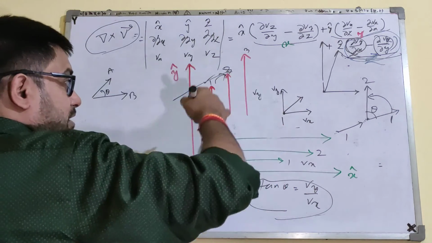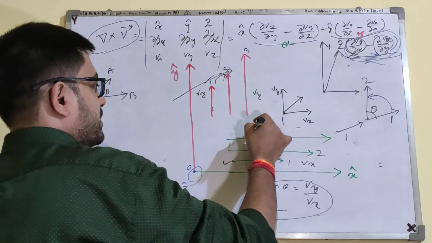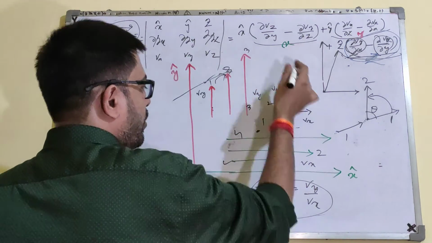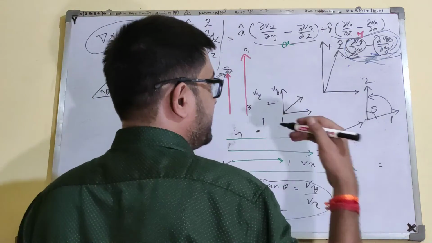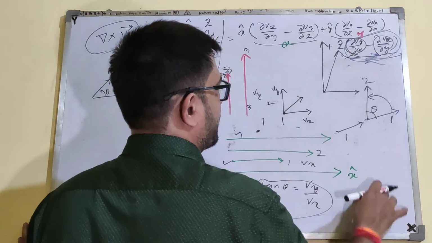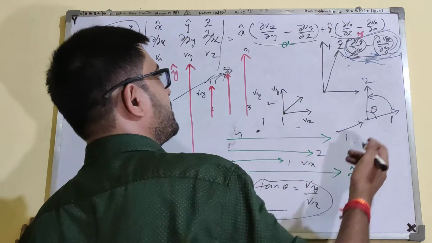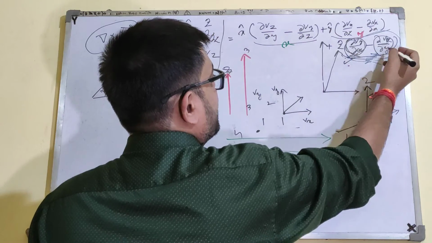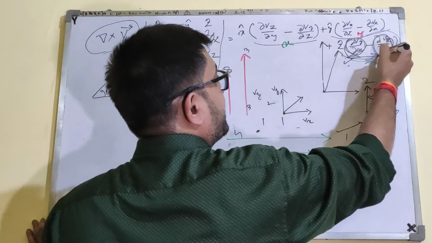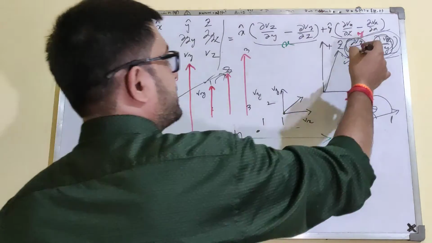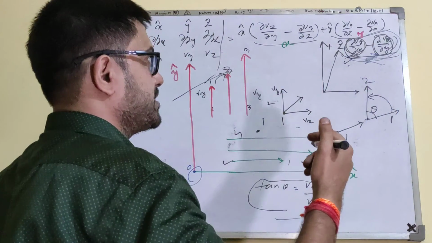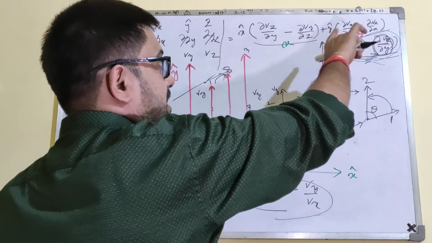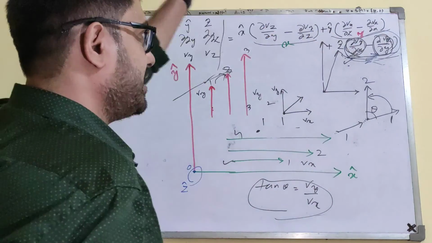So when we consider all the points, for example, this is my reference point, and I take point 1, point 2, point 3, point 4, all the points in the neighborhood, and find the net tendency, I'll end up with a positive or a negative curl. That means in general, in the net effect, del Vy by del x might be larger than del Vx by del y. In that case this becomes positive, I'm getting an anti-clockwise curl. But if del Vx by del y is larger than del Vy by del x, then the net effect is clockwise, so there is a negative curl there.